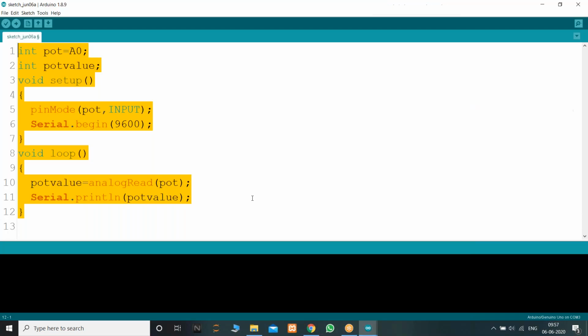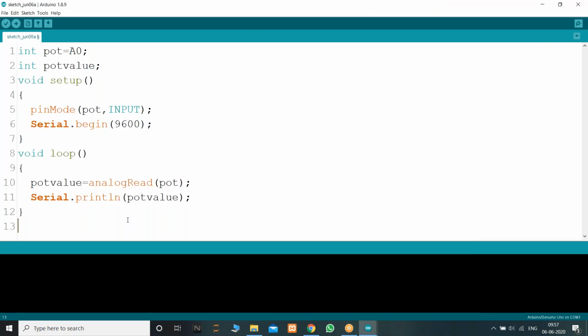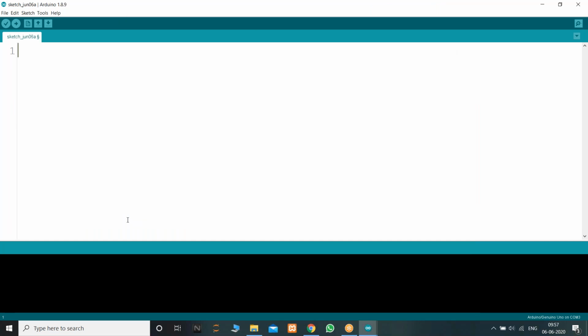So let us program this LED with analog, right? The LED which is connected to digital 6 is a PWM pin. So void setup, pinMode. Is the LED an input device or an output device? What should I define it, input or output? Yes, for output.